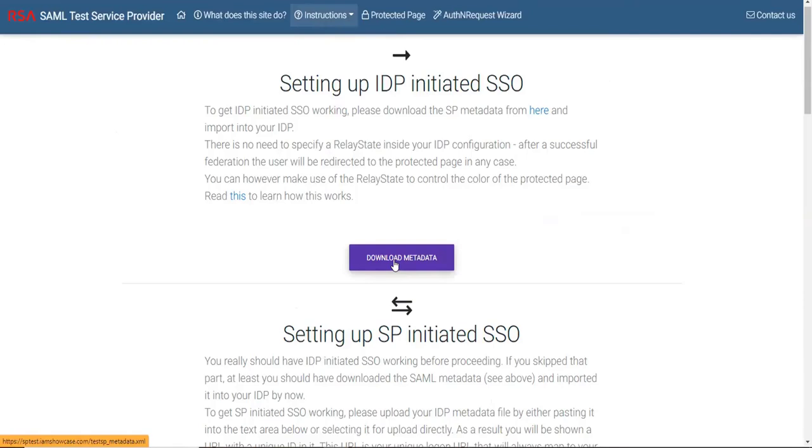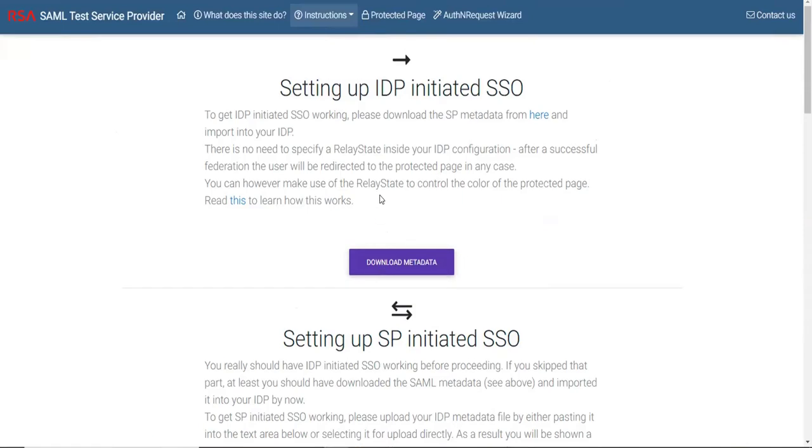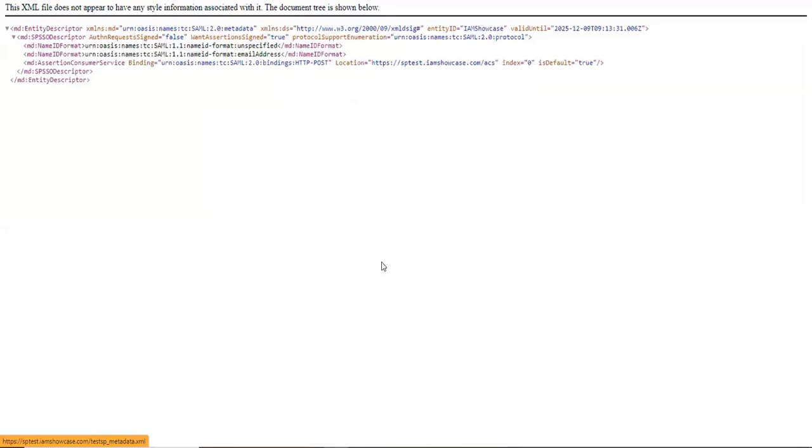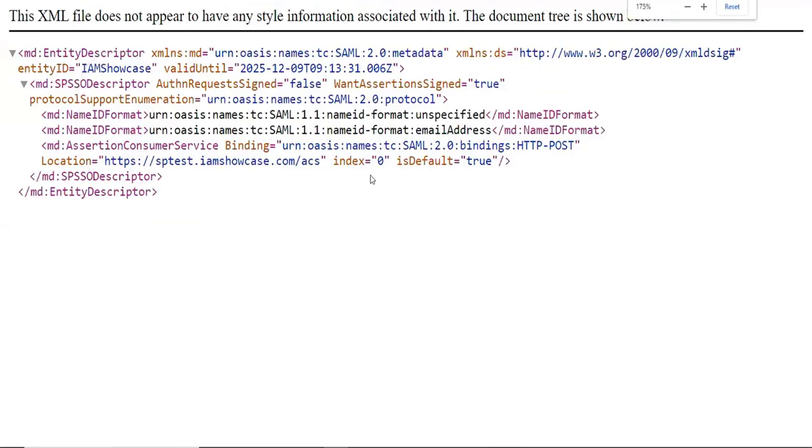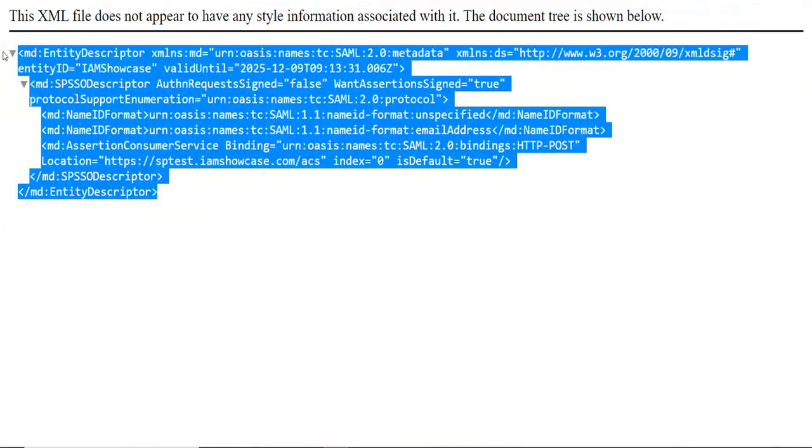Likewise, each and every application will have an option to download its metadata. So here is an example for the IAM Showcase app. Here is the metadata. If you click Download Metadata, you will have this metadata. It looks like an XML format file.